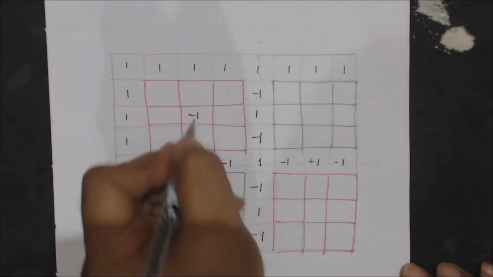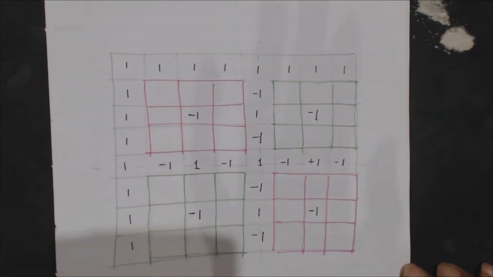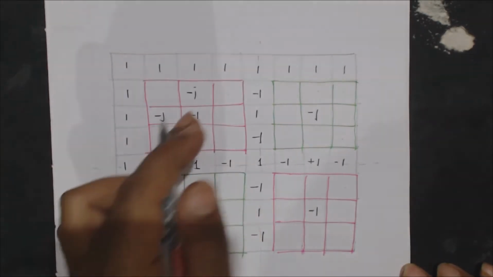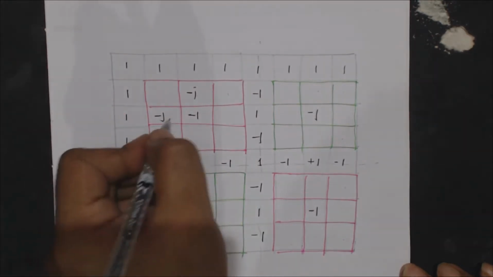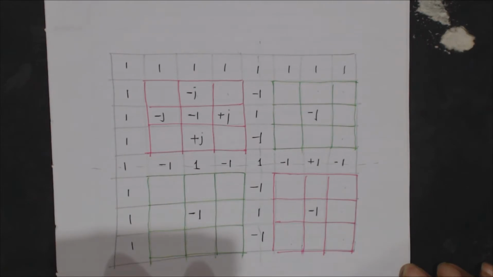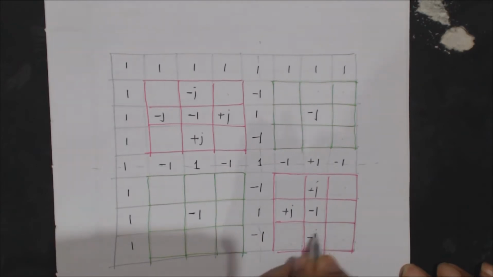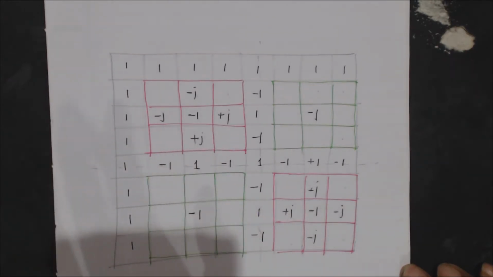Next, fill up all the centers of the small boxes with minus 1. This is also over. Next, fill up this diagonal with minus j. Remember, the upper diagonal of this small box will be filled up with minus j. If this is minus j, remember this will be plus j. Now if this is plus j, this is plus j and this is minus j. So remember, this diagonal and this diagonal will be filled up with minus j. This inner diagonal of these two boxes will be filled up with plus j.